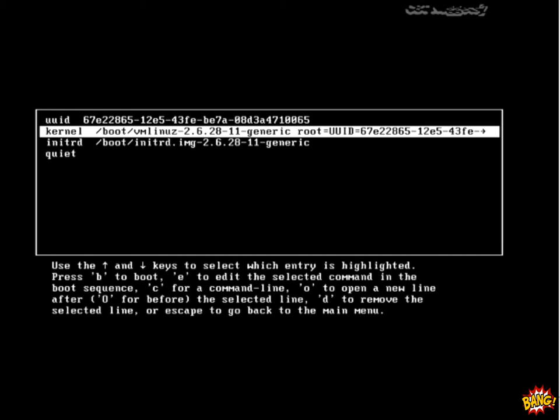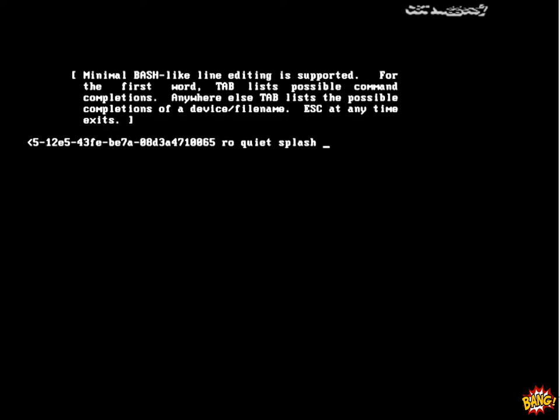Now I'm going to press E because you'll see the arrow at the edge. It goes off the screen. So I'm going to edit this. So I'll press E, and this gives us the whole line. Now we can scroll all the way back and see this is the whole line. And basically what I want to show you is at the end of that root directory, it also has a couple other things. It says to mount that kernel read-only, that ro,